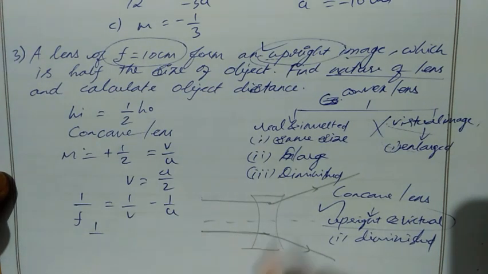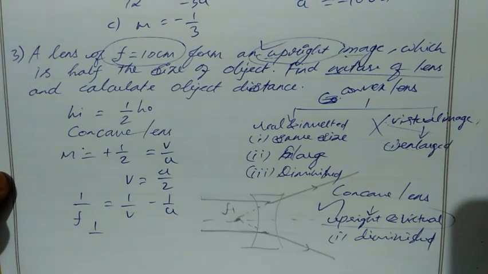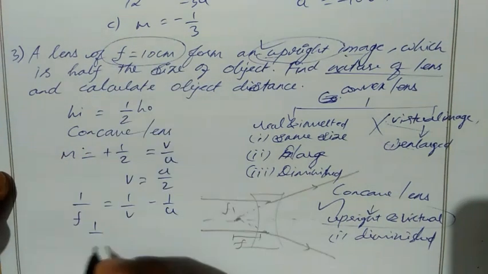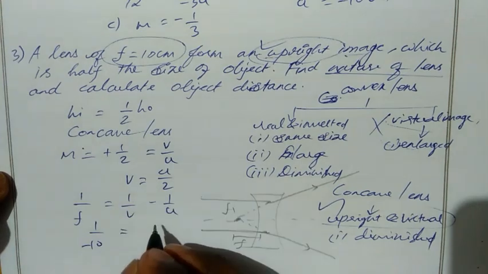Then how to find focus? When we join these two lines, we will get focus F1 here. So F1 is against the direction of incident. Direction of incident is right side, but the focal length distance is on the left side. So if the focal length distance is on the left side, then we have minus. Correct? We have negative sign. So our f is minus 10